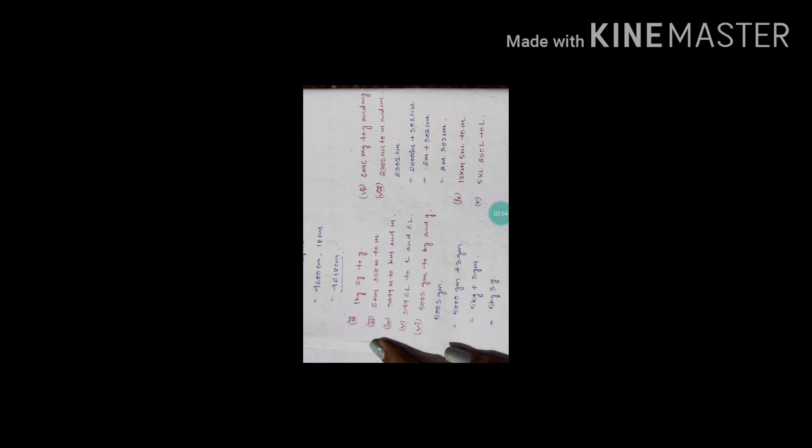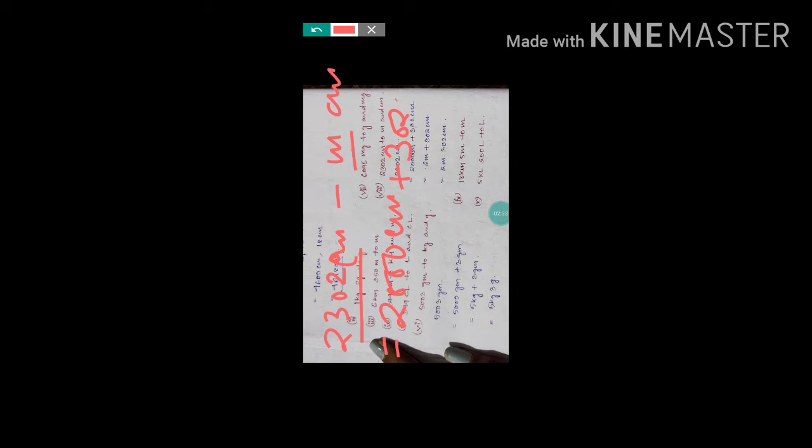Similarly, see number 8. 2302 centimeter, you have to convert to meter and centimeter. First of all, this one is given in centimeter. Now you split. Since meter is asked, I will split it as 2000 centimeter plus 302 centimeter. Both units are the same, so we can add, and it will be 2302 centimeter.